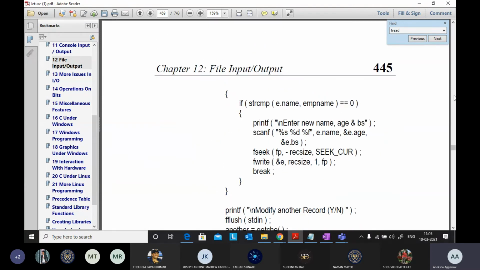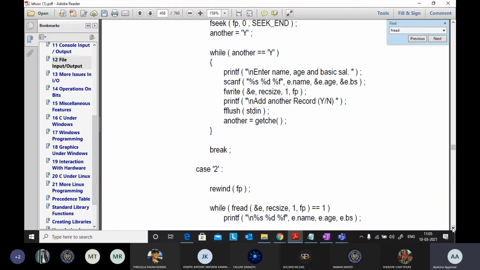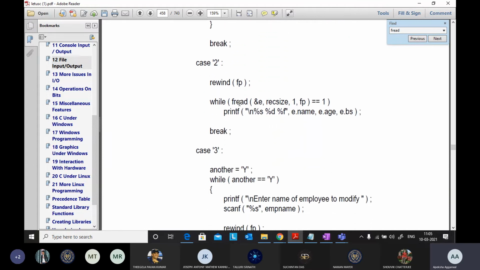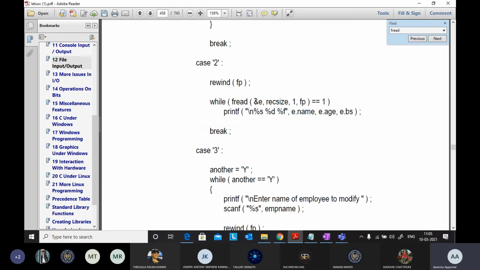So I do rewind, and then fread to read the content. Basically I want to read the first variable, that is the first record.